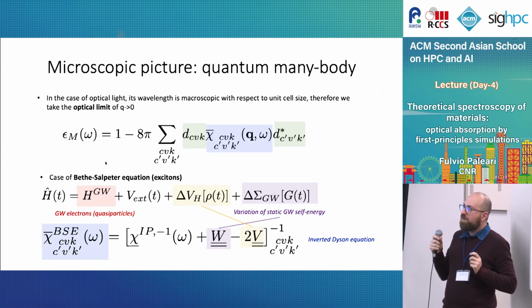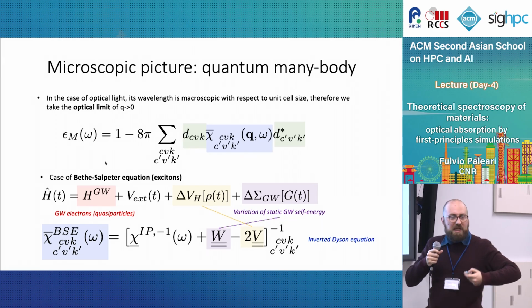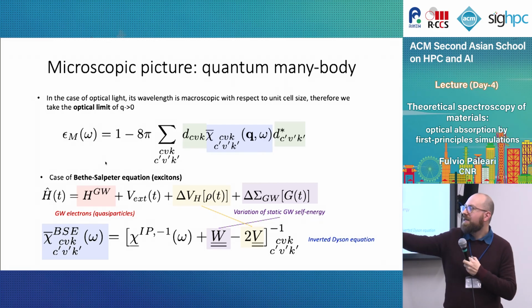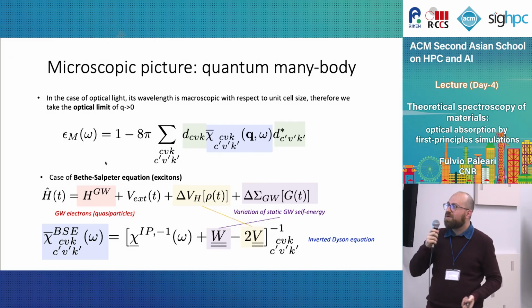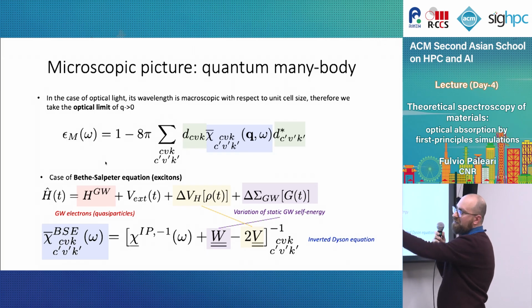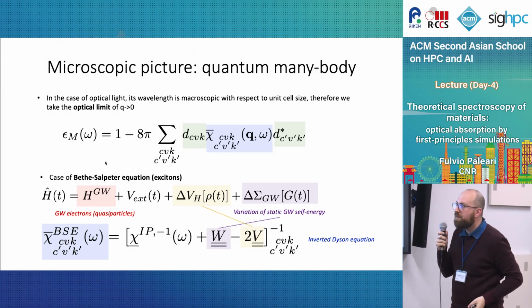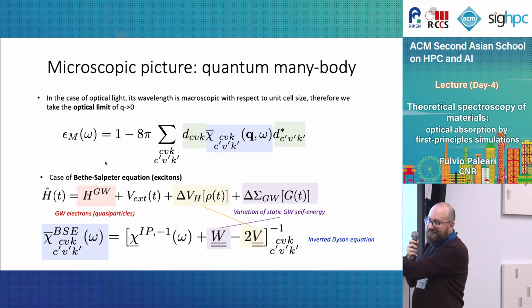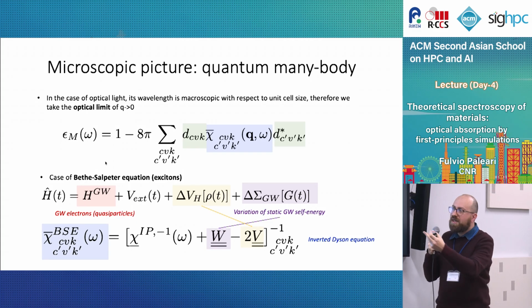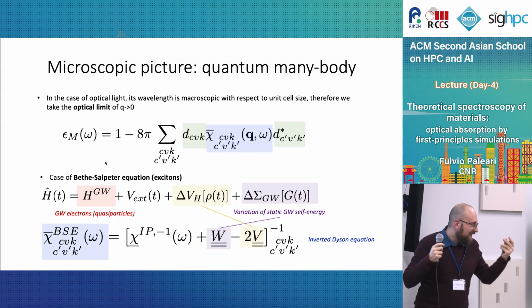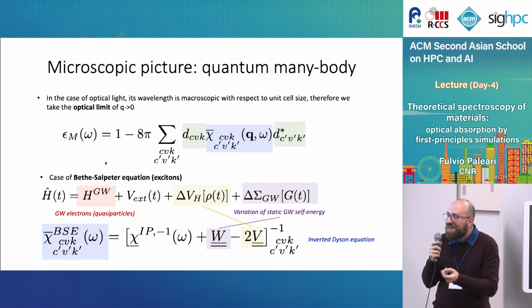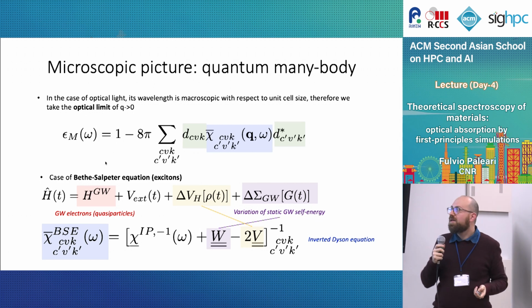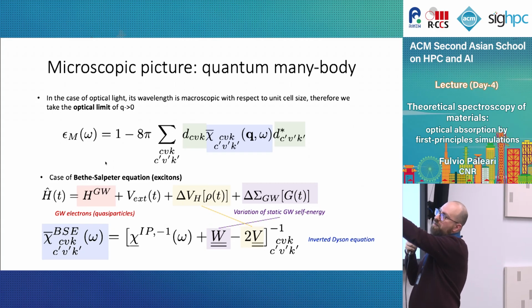Perfect. Now we have a problem, though. If we do many-body perturbation theory, we find that the form of the response function is a little bit more involved, because now you have these new terms that come from these two additions to the Hamiltonian that are not diagonal in the single particle, in the transition basis, let's say. So also the chi is not diagonal. And now here we start talking about diagonalization. So we need to find a form in which this is diagonal. If we find it, then we can also switch this to a basis in which it is diagonal.